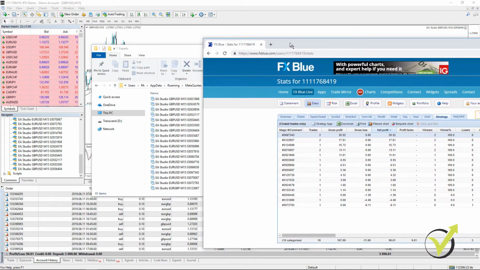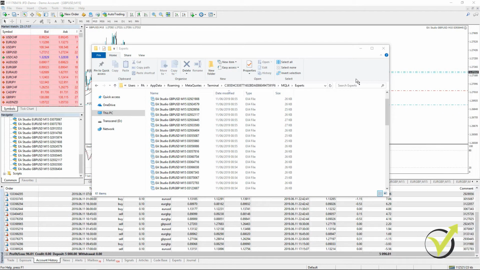Now pay attention here that FX Blue removed the first digit, which is 0, from the magic numbers. Sometimes it is the same, sometimes I notice that it removes the first digit, but the magic numbers are just the same, only the difference here is we have 0 at the front. Okay, so this is the first magic number,